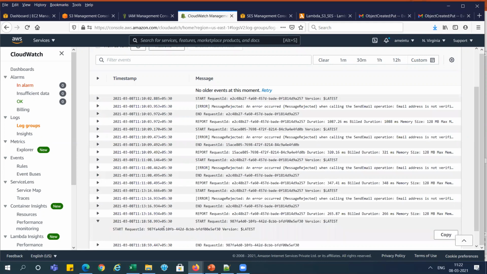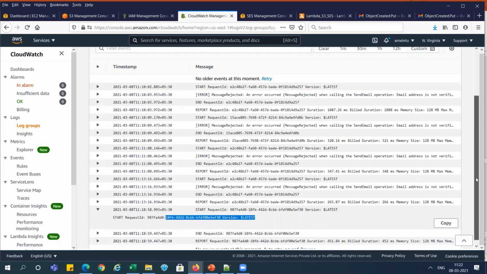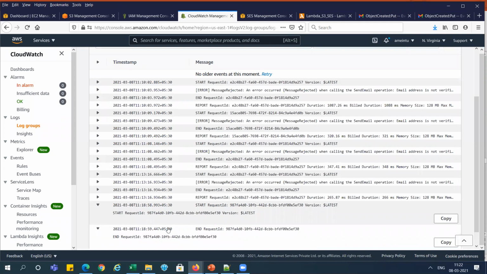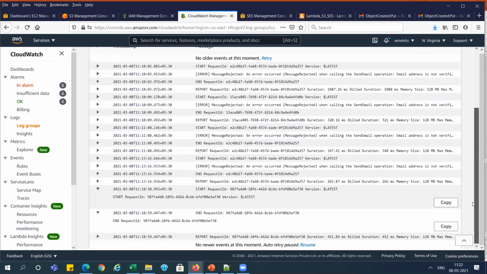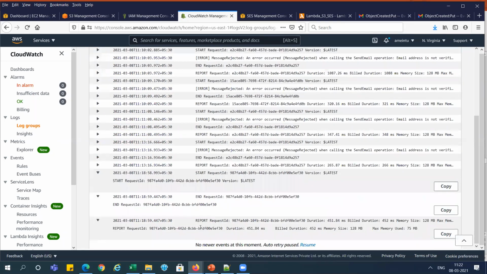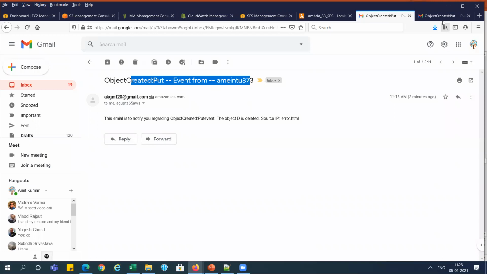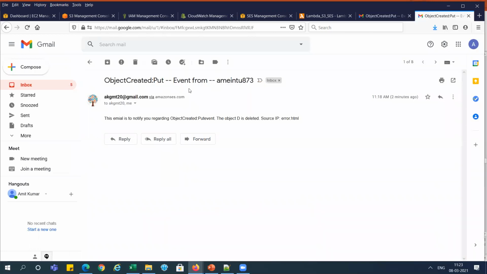Start request is this one, and after that end request, right? So it is showing we're not getting any error in the log file, and as well as we got the email in both the IDs, the correct notification. So when we added the S3 bucket, we got that, right?